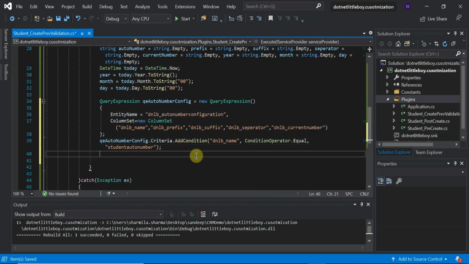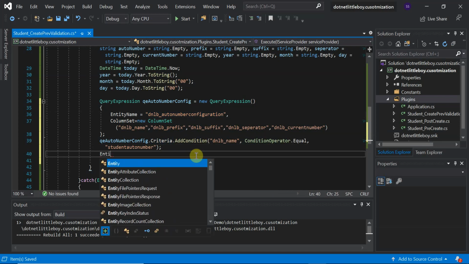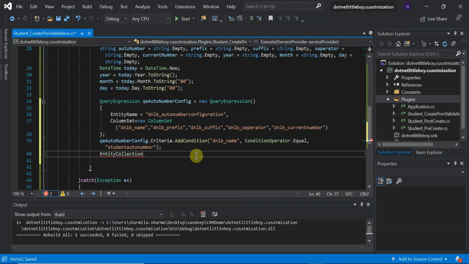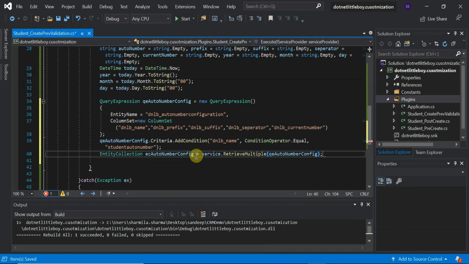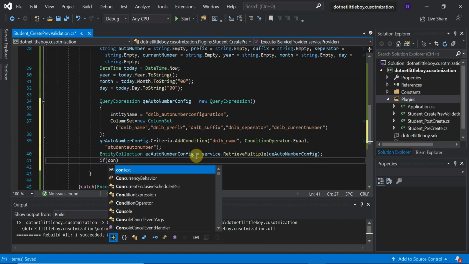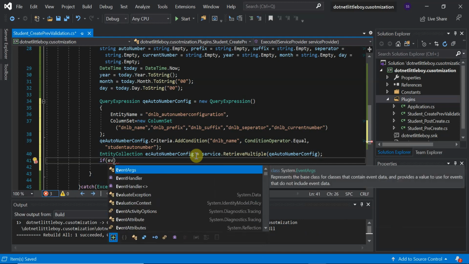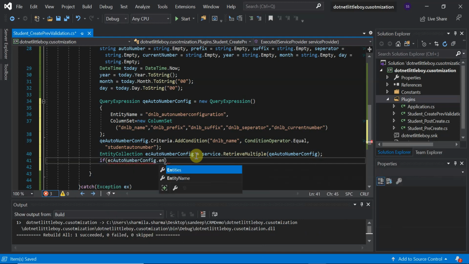So with this query expression, I will be retrieving the record. Let me use the entity collection here. In the entity collection, I will be using retrieve multiple. So EC of the auto number configuration will be equal to service dot retrieve multiple, and we'll pass the query of the auto number configuration. So if we have more than 0 records, it means we found the record of the auto number configuration. So if the EC auto number configuration dot entities dot count is greater than 0, it means we have